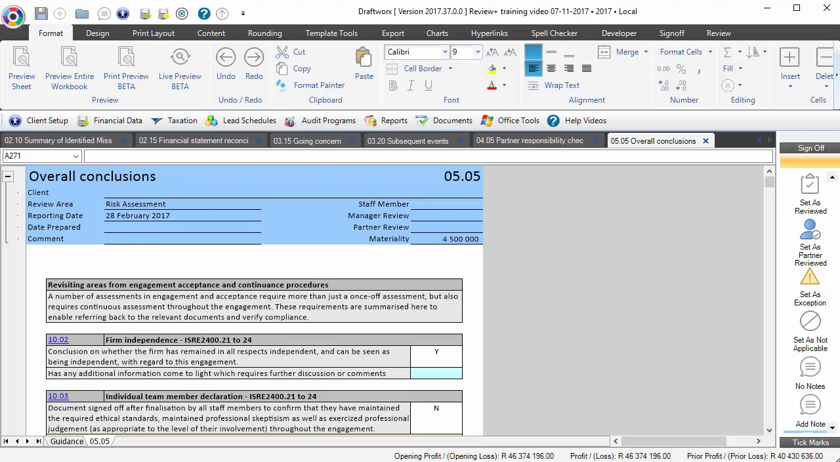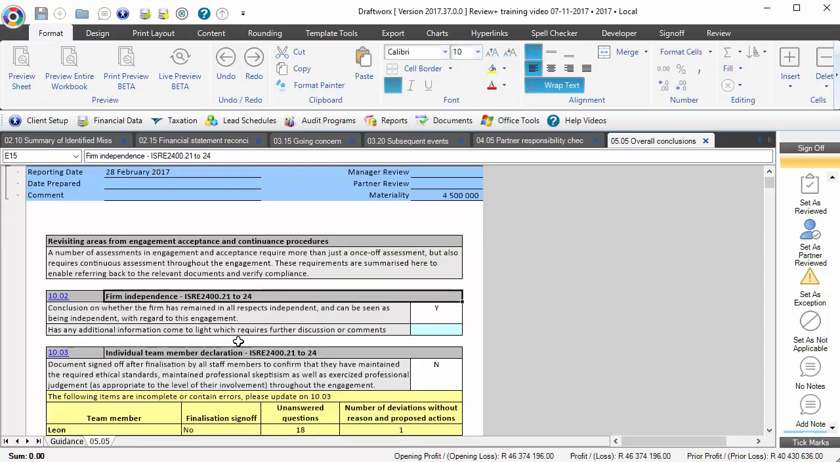0505 is our overall conclusions working paper, and this working paper serves as a very comprehensive compliance checklist, as well as including a process for you to actually decide under which paragraph you are going to issue your review conclusion. Now, it takes you through various paragraphs of ISRE 2400, and you will see we reference all of those paragraphs,